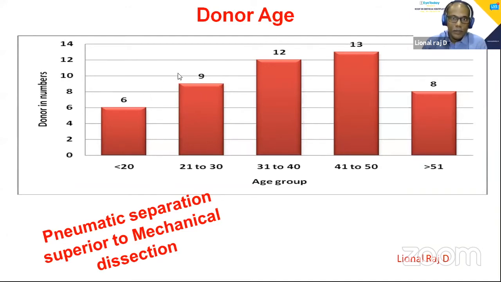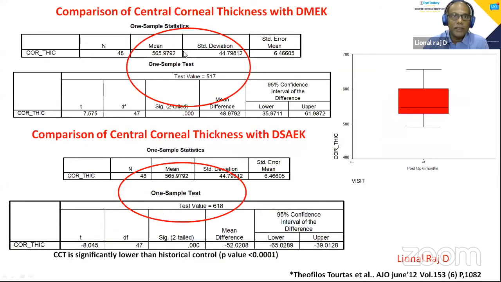Still, the younger the donor cornea, the tougher it will be to unroll the graft. So again, PDEC has some advantage because it has 15 to 20 microns of extra tissue. So probably at the edge of the graft, you can hold and manipulate to make the graft stretched. So that is also another advantage of having 15 to 20 microns of extra tissue in PDEC.